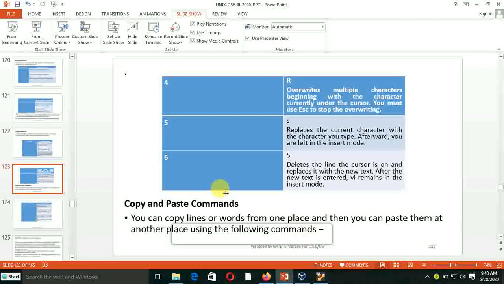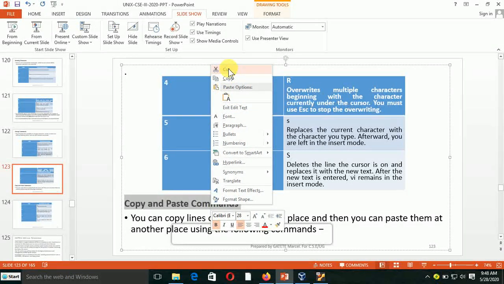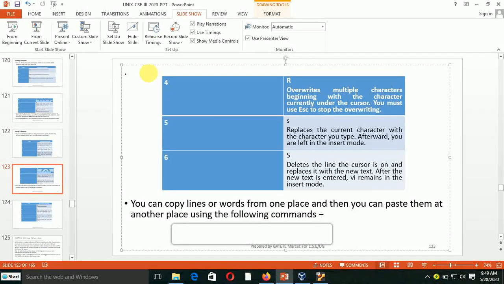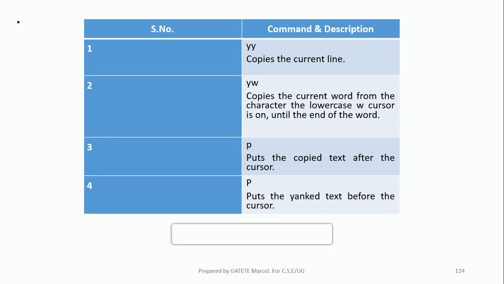It means that I can take a text from one location to another. For example, I take this text and copy it. It is like in Microsoft Word: I copy it, or I cut it, and then I paste it here. You can do this in VI also. The important commands here are yy and P. yy will copy the current line, and after copying it, if we press P, it will put the copy